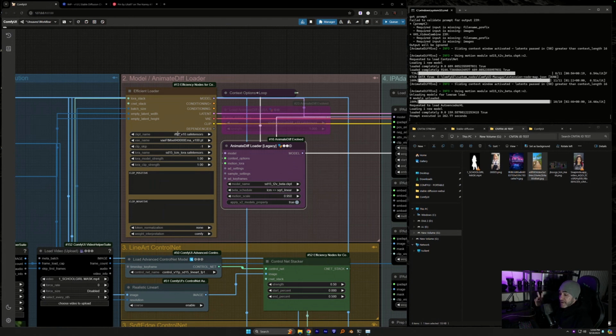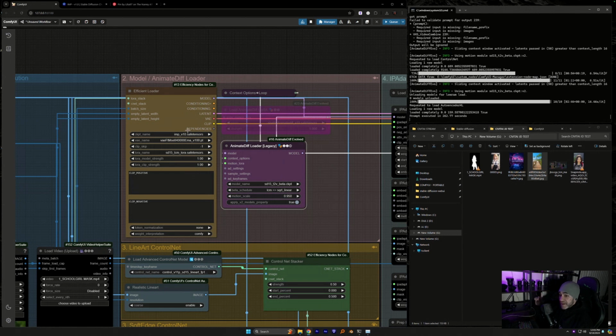Now, this workflow is built around utilizing LCM and the LCM LoRA. So if you're using a non-LCM model, you need to have the Stable Diffusion 1.5 LCM LoRA. If you just go to Civitai, type in LCM LoRA, it'll pop up. You need to have that.